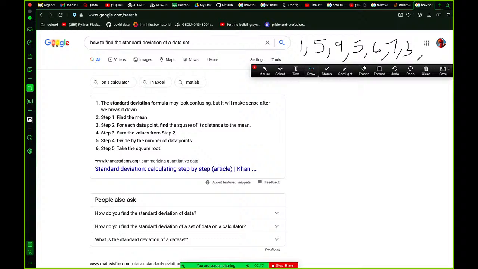Okay, that's our data set. There's no even numbers, but that was just a coincidence. So the standard deviation formula may look confusing, but it makes sense. Okay, so first thing you have to do is find the mean,